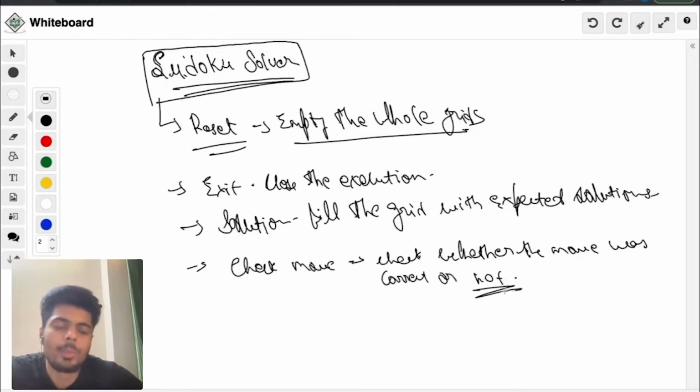You just observed that in case of a wrong move, it was highlighting it with red color, and in case of a correct move, it was not highlighting with any color. So we can make sure to highlight it with green color or something, right? We can of course change it according to our needs and functionality in whatever way we want. So this is how the Sudoku solver game is going to look.